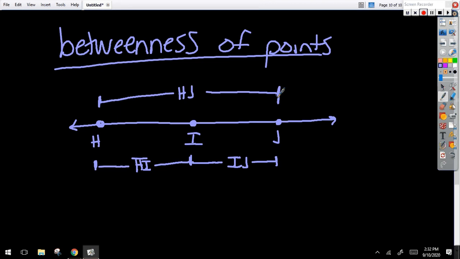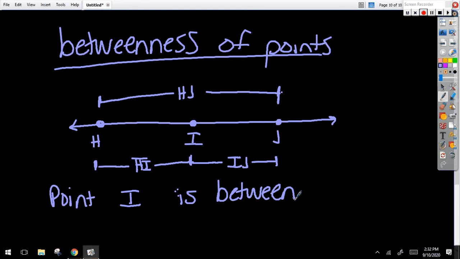Well, I can conclude that point I, that's the point in the middle of these two, is between, and I mean clearly we can see it, but remember we have to be very specific and write things out in geometry, and it will make a little more sense a little bit later, is between points H and J,